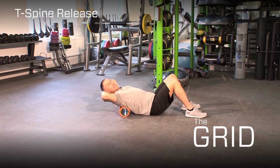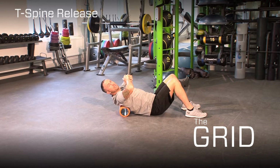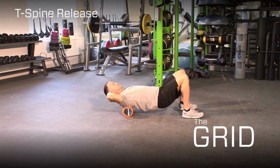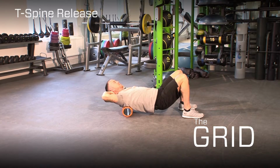Spans are only really suitable for the T-spine on the Grid 2.0 because of the width. The slightly reduced width of the original grid means that if you went too far, you're most likely to fall off on one side or the other. However, we can perform our cross frictions, which for the T-spine are performed by executing a side bend